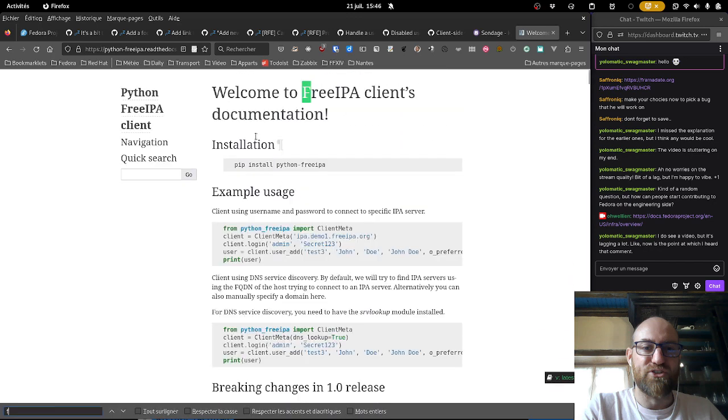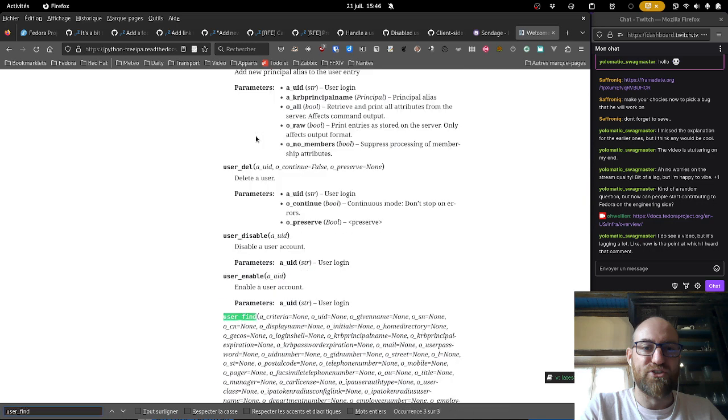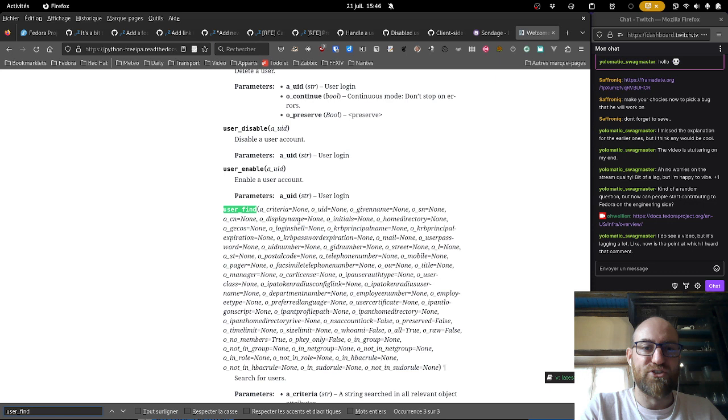The function was find user. Oh no, it was user find. User find has a ton of arguments. Hopefully in there is one about being disabled. The names are mapping apparently to the LDAP attributes of user, and there is one that I think is about being disabled.